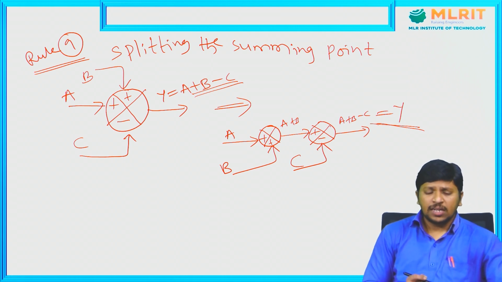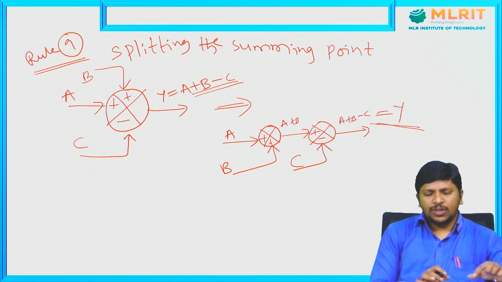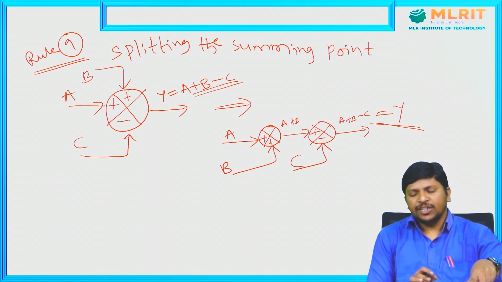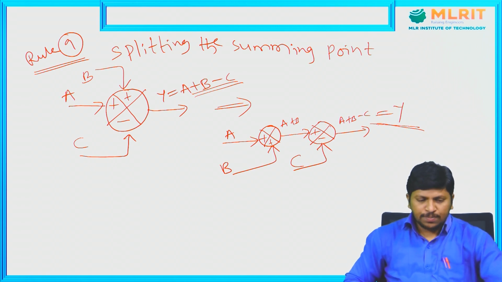This is the way of splitting the summing points. This is the way to split the one summing point into the two summing points, right? Next, coming to rule 10,